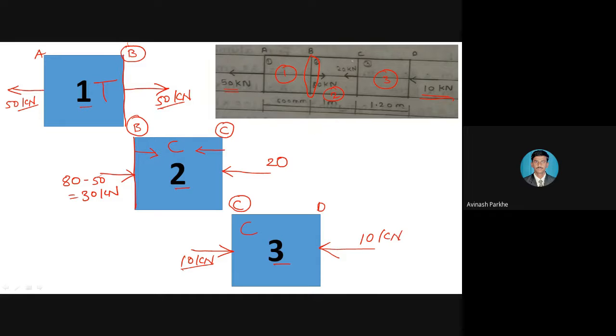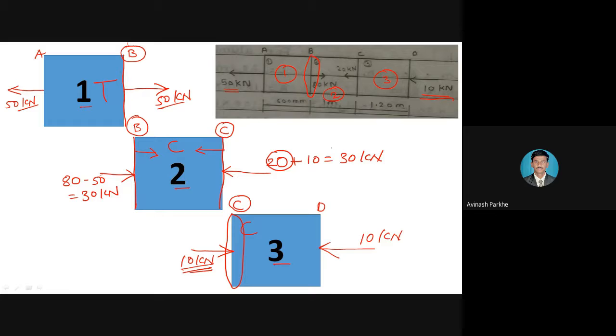Similarly, this point C is common in section 2 and section 3. Originally, on this particular side, how much amount of force is applied? Already, this 20 kilonewton force is applied. But this particular point C is common in between section 3 and section 2. Therefore, this effect of 10 kilonewton also we have to consider in the calculation of section 2. Okay. So if I will consider the effect of 10, here I will do the addition, that is 30 kilonewton.